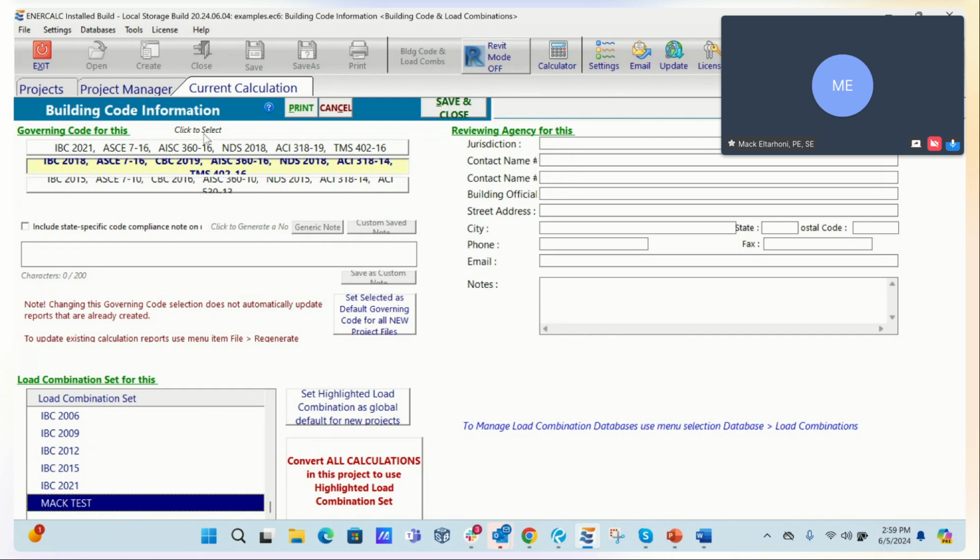But at least we try to have both. I want to get back to why they're not linked. I think it's one of those things. If they were hard tied, personally, I would have hated it, because I would have wanted a little bit more control. So it's good that we have the flexibility to choose them independently, but we can always set some defaults so this doesn't become a nuisance for our projects. If we always use, say, IBC 2018 or whatever, we can always set it as a default and not have to worry about it and adjust it per project.